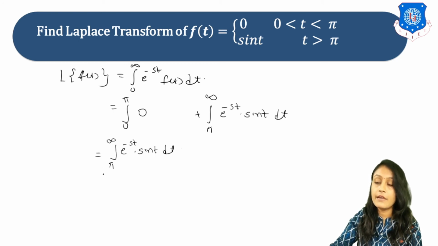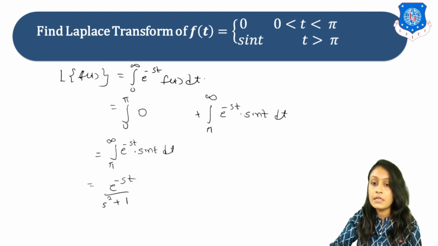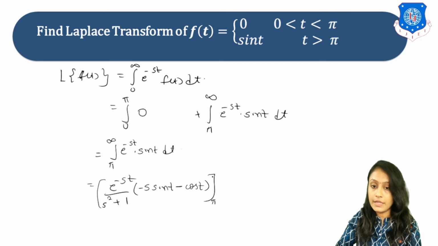Okay, now again we have to use the e raised to ax sin bx formula. So from that we will get e raised to minus st upon s square plus 1. Now coefficient of t here is what? 1, so here we'll get 1 square, that is 1. Now minus s sin t minus, here we have 1, so we'll write just cos t, and the limits are pi to infinity. Substitute the limit, so e raised to minus infinity is 0, so upper limit is 0 minus,